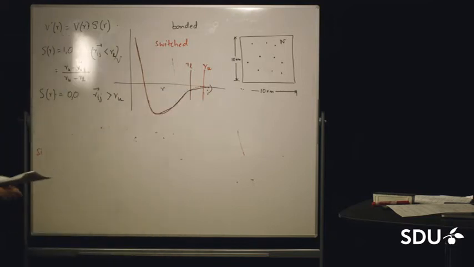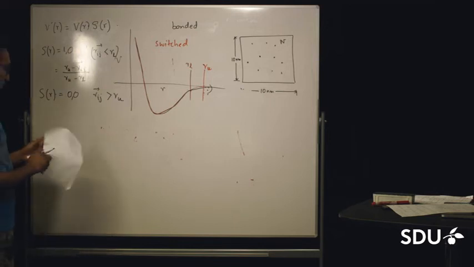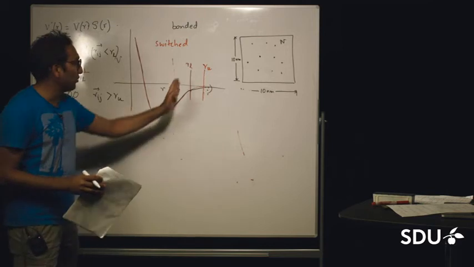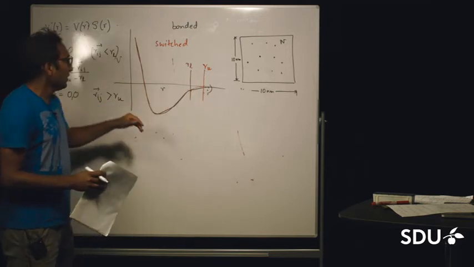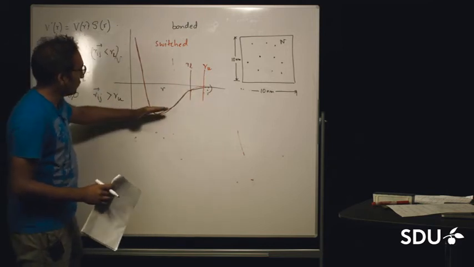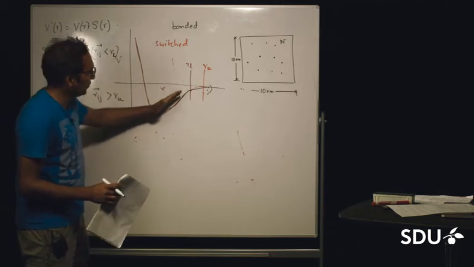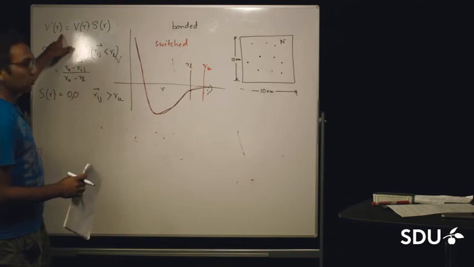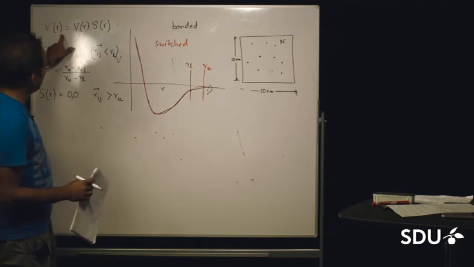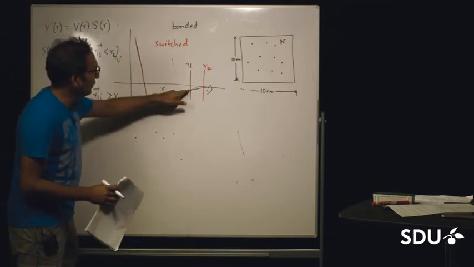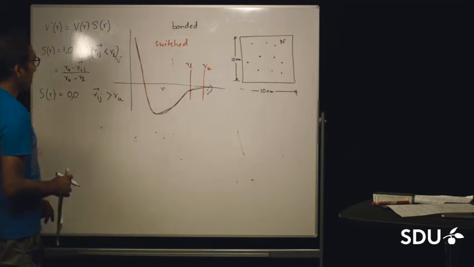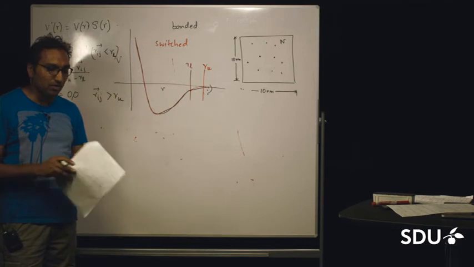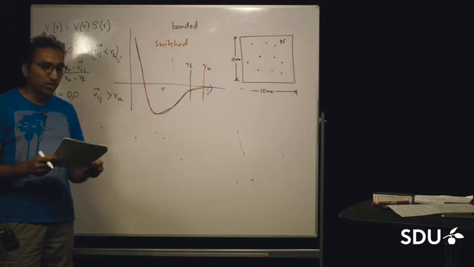So, these are the three different types of non-bonded cutoffs that are used. The first was a direct cutoff where you switch off the potential at a certain value. The second was a shifted potential where you shift the potential a bit higher so that the potential reaches 0 a bit earlier. And the third case is a switching potential where you switch the potential off to 0 between two different cutoffs. So, these are the three different types of van der Waals cutoffs that are used to accelerate MD simulations.